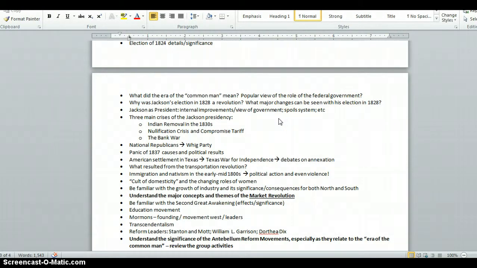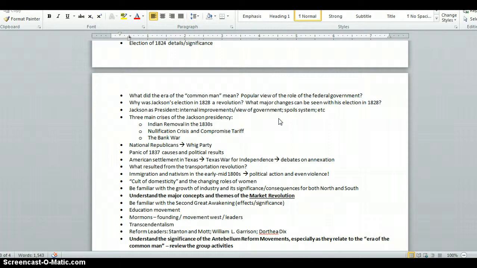So continuing on with our review guide, it will be important to review the election of 1824. Remember, in this election, Andrew Jackson gained more electoral votes and more popular votes than any other candidate. And we're also starting to see states count popular votes as more states are granting the right to vote to all men regardless of property. However, because he did not have a majority in the Electoral College, it goes to the House, and the House